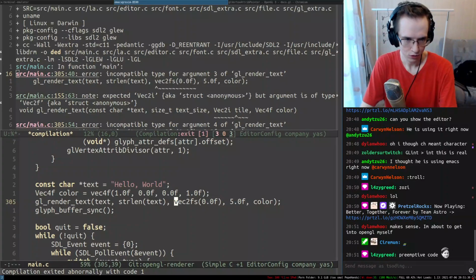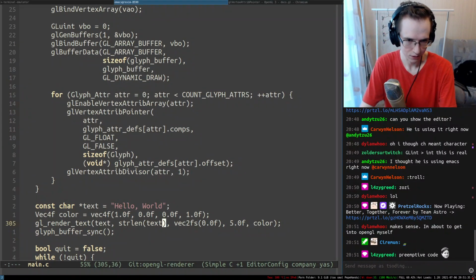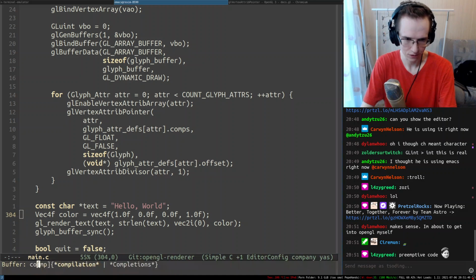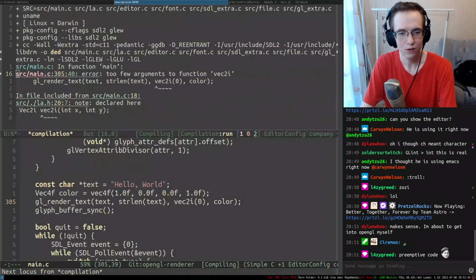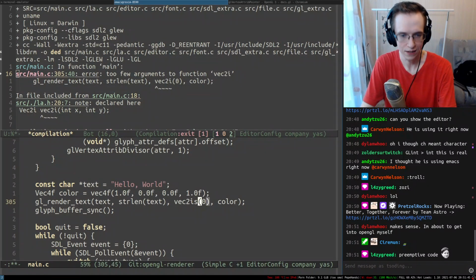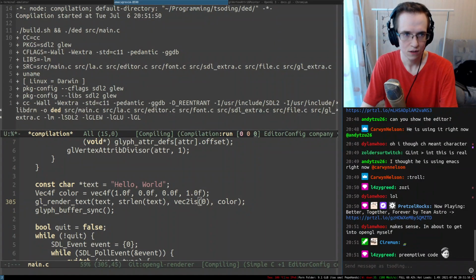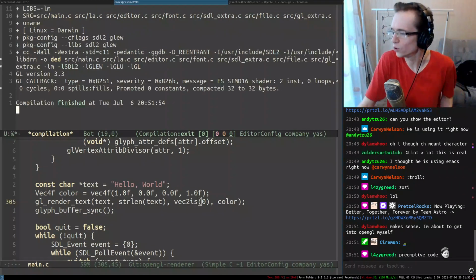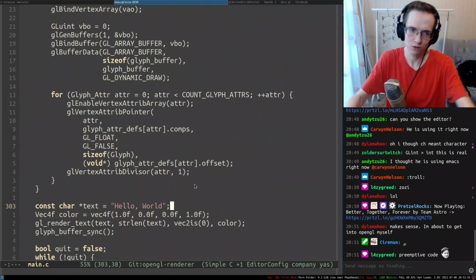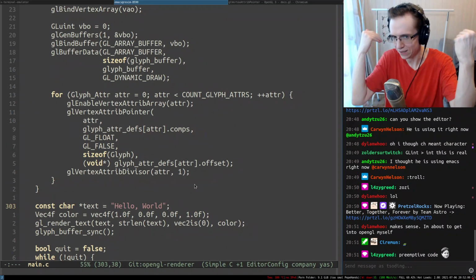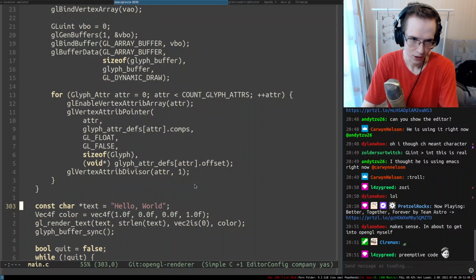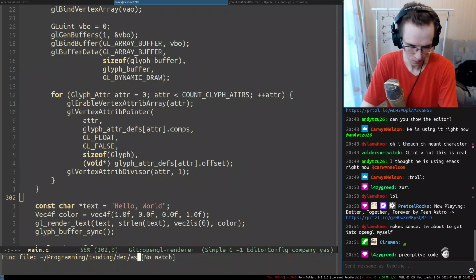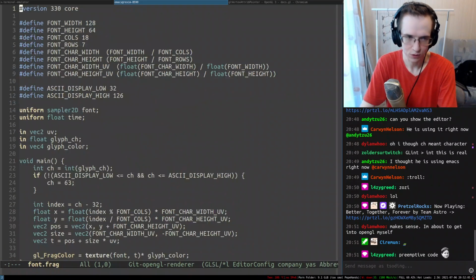Alrighty. Now when I'm rendering the text, I don't have to specify any of this stuff. I can just do y 0, scale is not needed, color is in fact needed in here. So can I render it now? Vec2i, because it's a single scalar. Is it going to work? It worked! I mean, it compiled, but it didn't work yet because, as I already mentioned, we removed some code from the CPU. Now we have to add it back, but on the GPU. So on a GPU, shaders, fragment shaders.